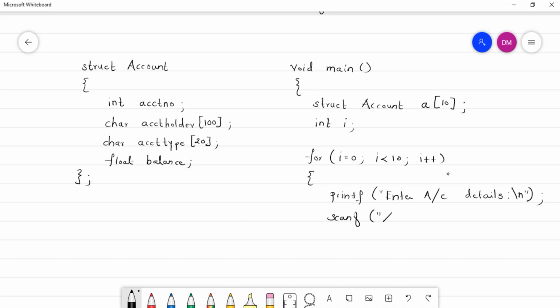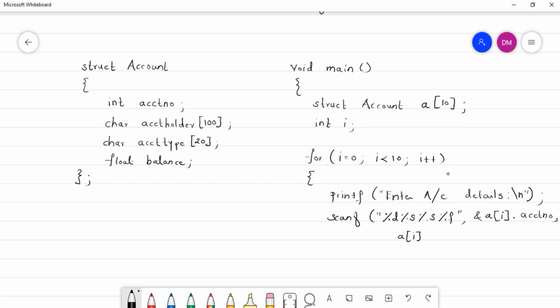So for account number I have to specify %d, for account holder name %s, for account type also it is %s, and then after %f for balance. Okay, now ampersand sign, our array name is A, it should attach with a subscript. So A of I dot account number, right, comma. Then we will accept the account holder name since it is of type string.